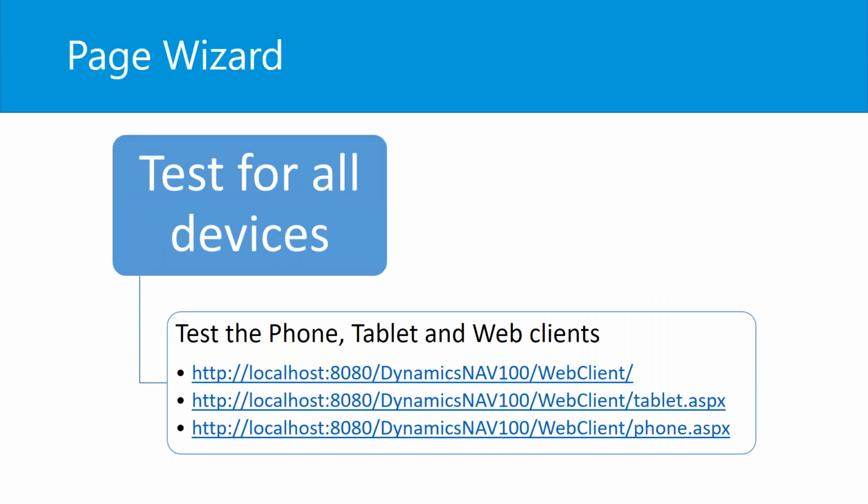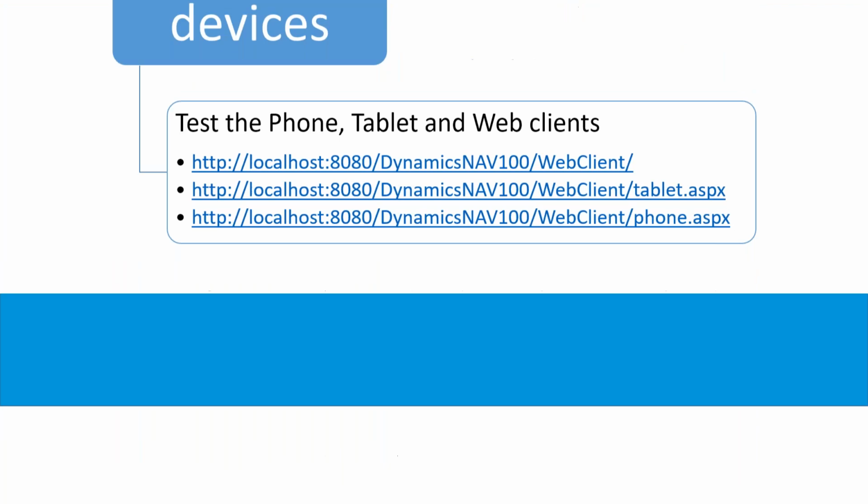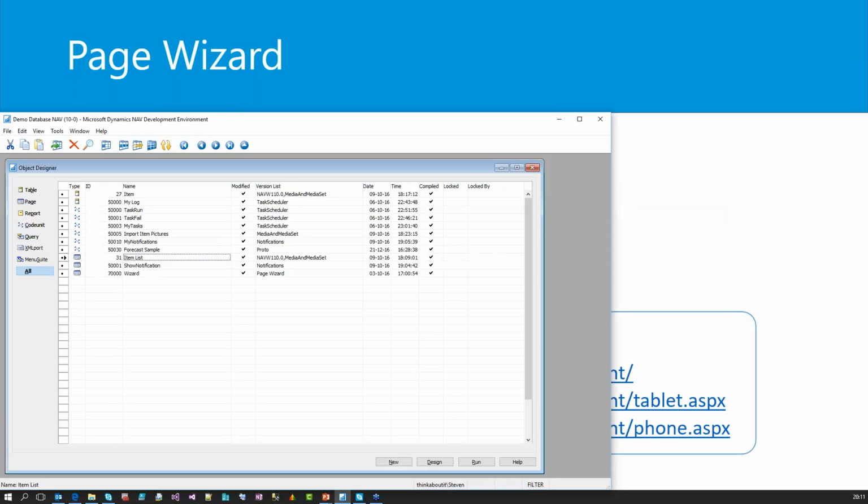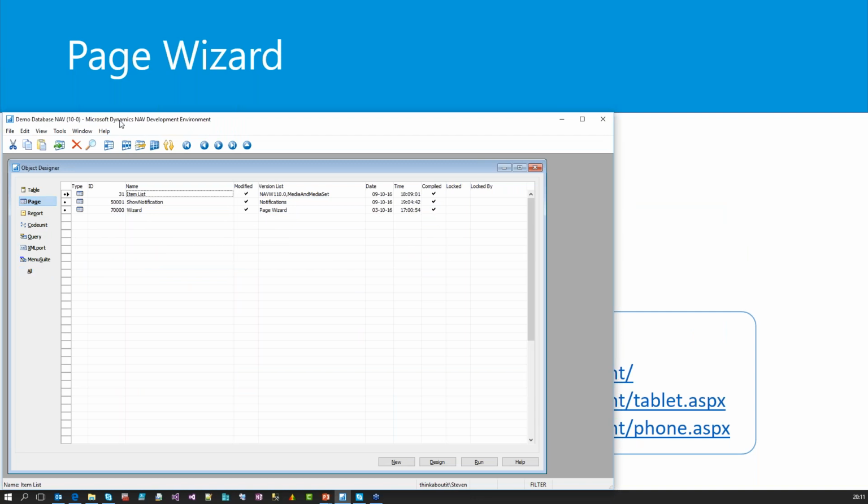Okay, last but not least, we need to test this for all devices. You know already that if you run the application, you have different URLs to go to and to test it on all of the devices itself. So let me just go back one step and do a small demonstration in the application of how we can create such a page. So I will go here to my development environment, which I have right here,